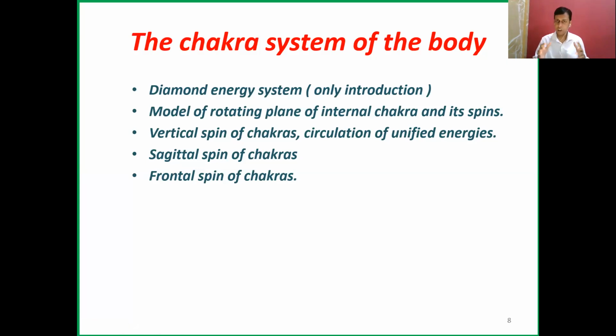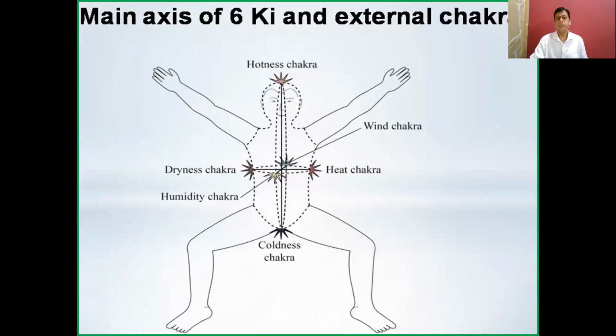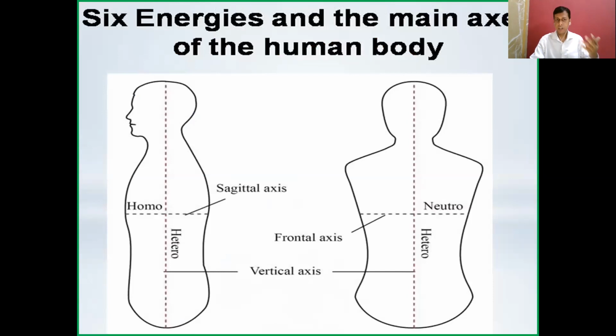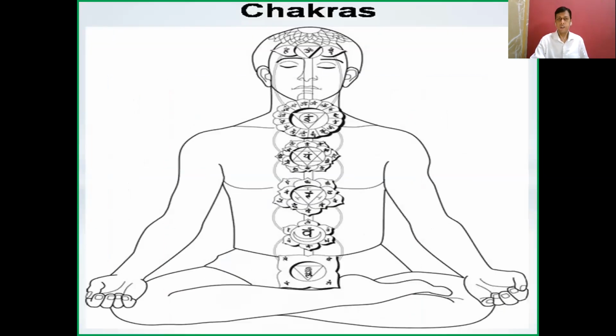Then we'll discuss the rotation of internal chakras, and there are 3 spins. One is the vertical spin, then the sagittal spin, then the frontal spin. So what are the principles for these spins? What is the criteria to select which spin to use for which treatment? All this we are going to discuss in detail in this course. Rules of making a prescription, where to give the command, and how to do the practical also, where to put the needle and in what direction, what angle, everything we are going to discuss in this course. And how this chakra is also relative in the axial relationship, we are going to discuss